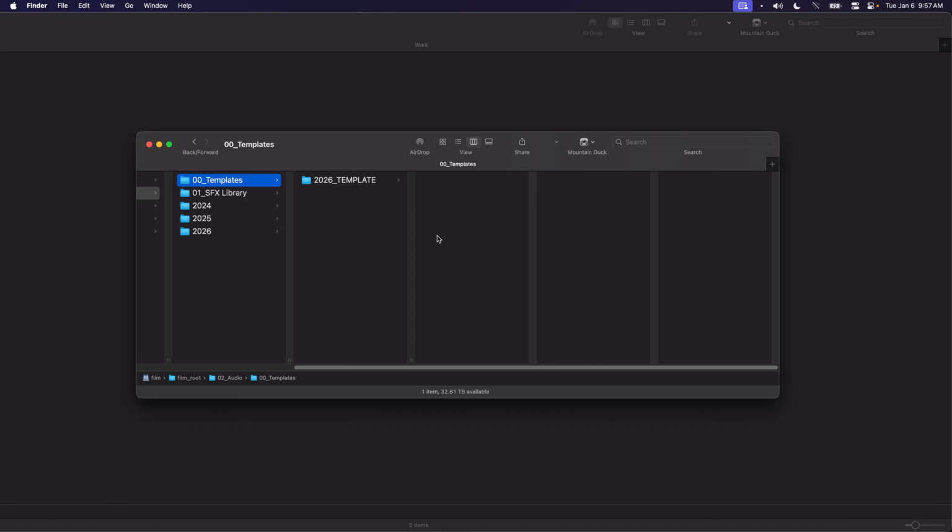Alright, in this final video of Chapter 1, I'm going to go ahead and walk you through building out your Pro Tools session and importing your editorial assets. But before that, I'm going to take a quick moment and walk you through the folder structure that I like